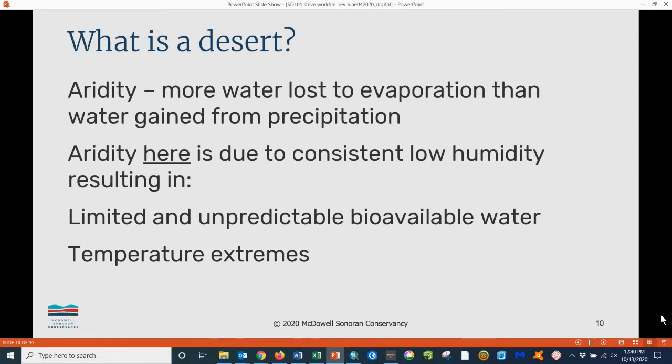In genuinely arid regions, the ratio of water lost to water gained usually exceeds 5 or 6 to 1, and in really dry areas it can exceed 100 to 1. The high levels of evaporation and transpiration are due to consistent low humidity, which in turn is the result of a steady influx of warm, dry air.